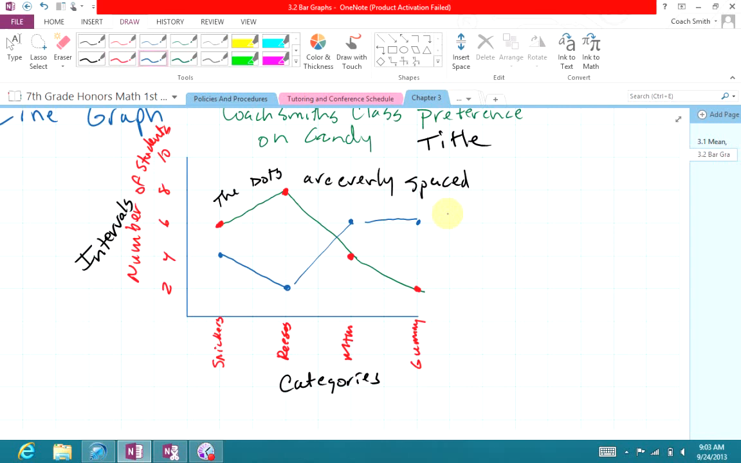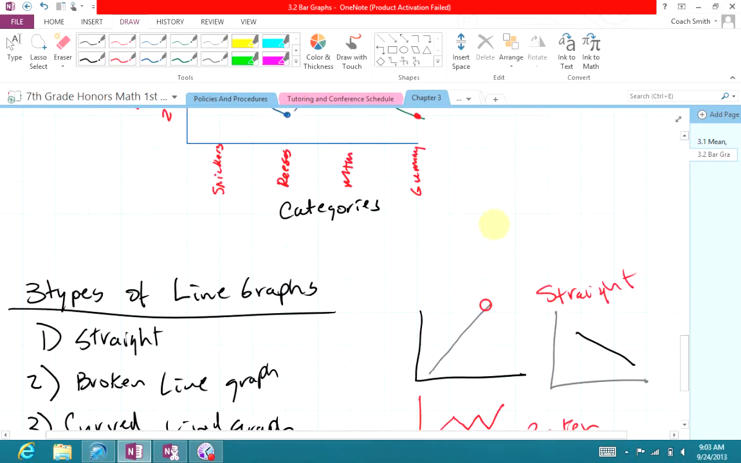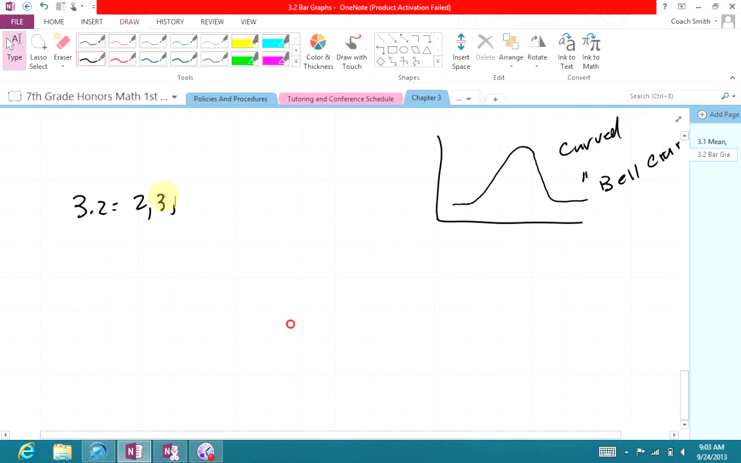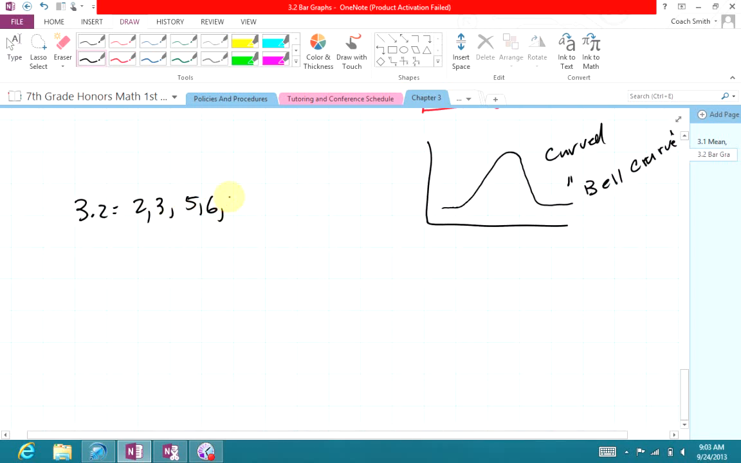All right. We're going to do problem numbers. This is 3.2, 2 and 3, 5 and 6, 7, and then 12 through 14. Okay, it's like 2 bar graphs and a line graph. Okay, so you may go,